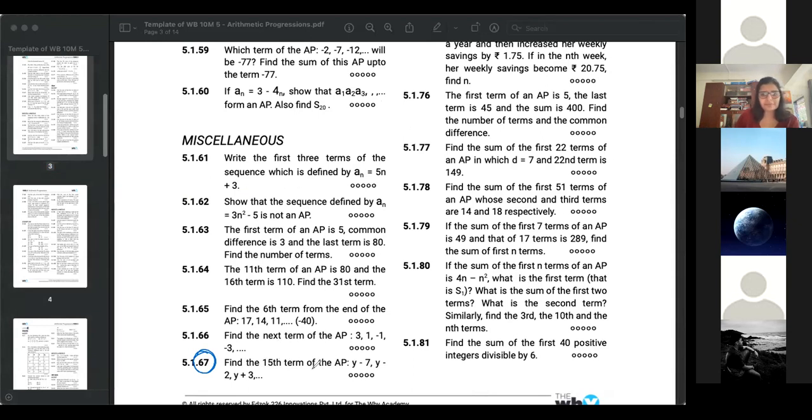So the 15th term is pretty direct. You guys have done it, but the AP given is not a regular AP. But the method will still be the same. All you need to figure out is what is A and what is D. A, so anyway, take it as y minus 7. Once you get what is D, you'll be able to get A15. So just give me A15 directly. A little algebra calculation also will be practiced.